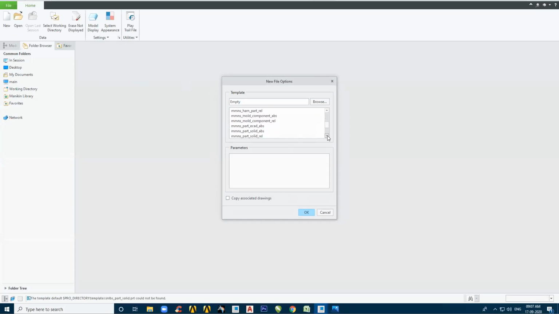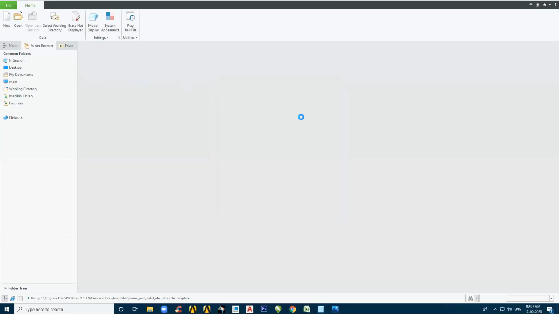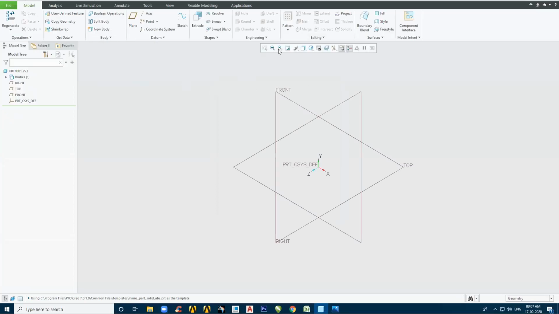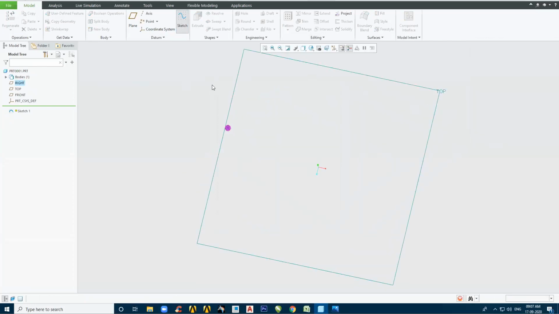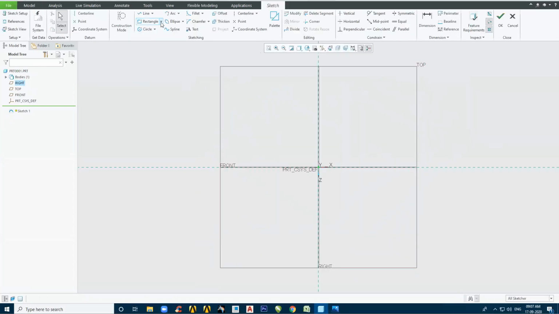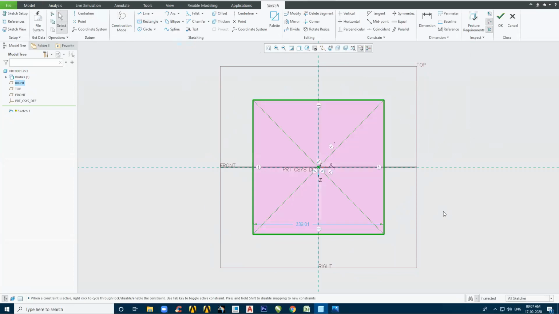So now let's go for a mmns part solid. Sketch on this plane, and I'm creating a simple rectangle. Might be a square.